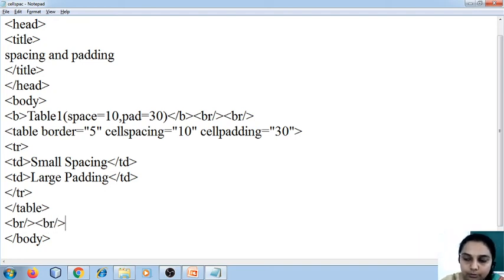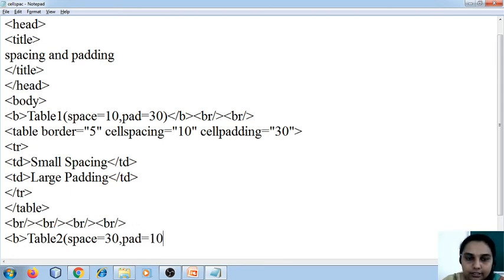Going to give 2 breaks and 1 more break. Okay, bold, that is my table 2. I'm going to give the space as 30 and pad as 10. Okay, close the bold tag.